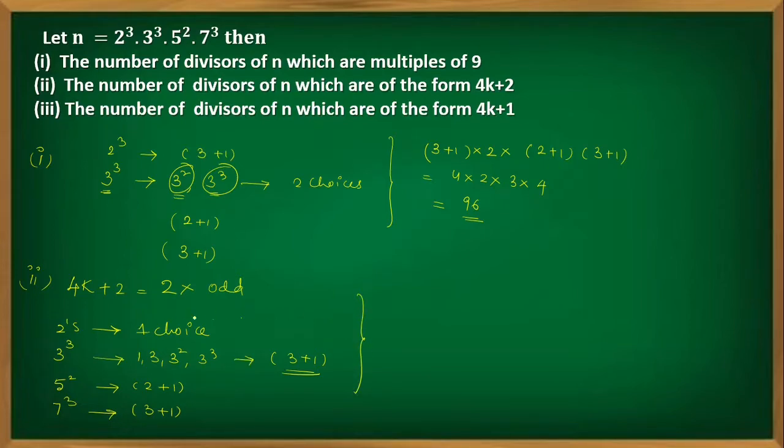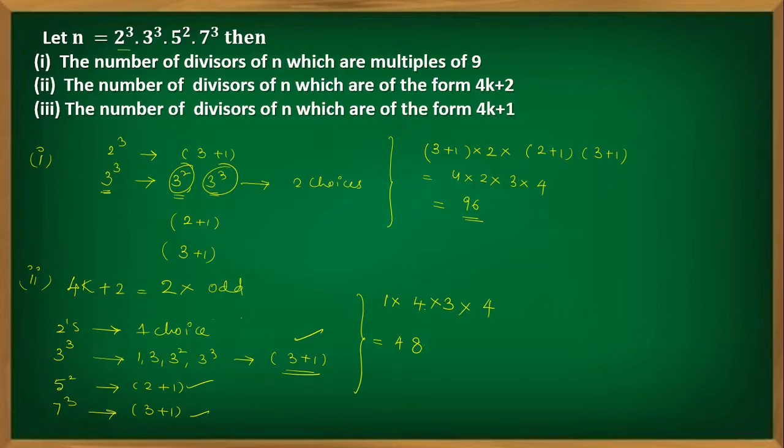So the total number of divisors of the form 4k plus 2 will be: for 2 you have only 1 choice, for 3s you have 3 plus 1, here we have 2 plus 1, and here we have 3 plus 1. So 1 into 4 into 2 plus 1 is 3, into 3 plus 1 is 4. So 4 threes are 12, 12 fours are 48. So in total we have 48 divisors